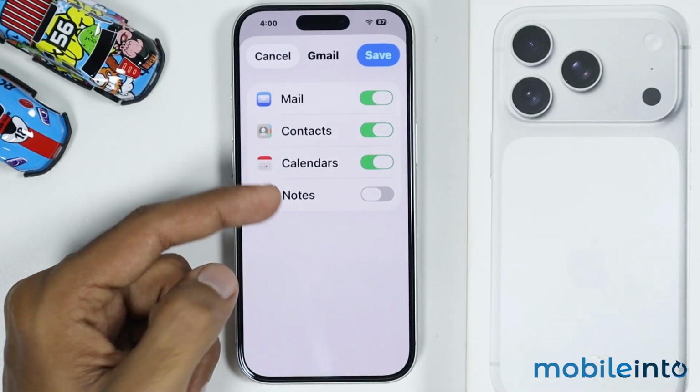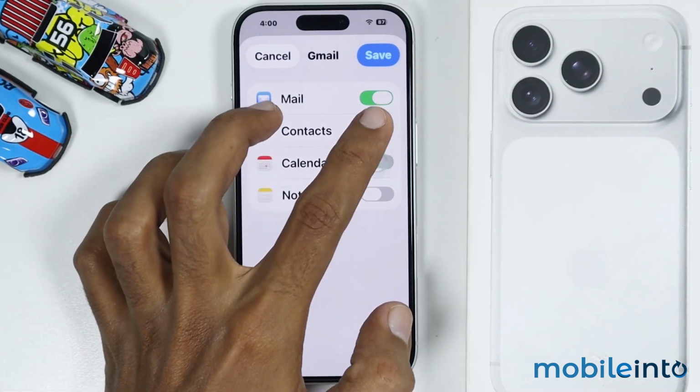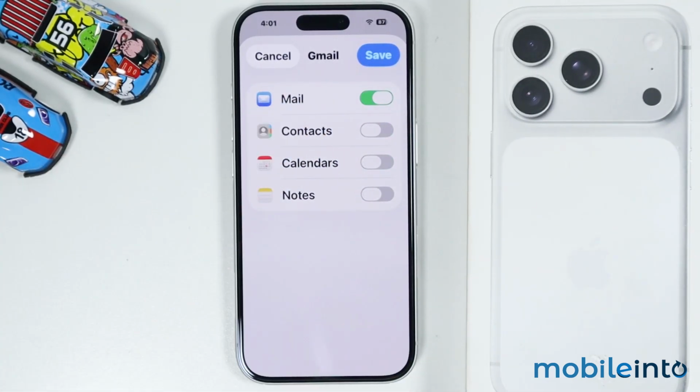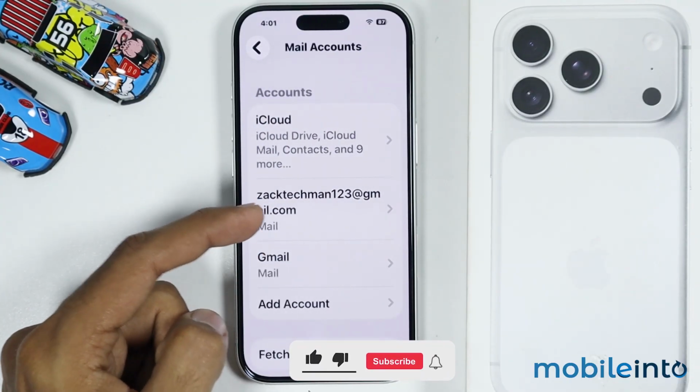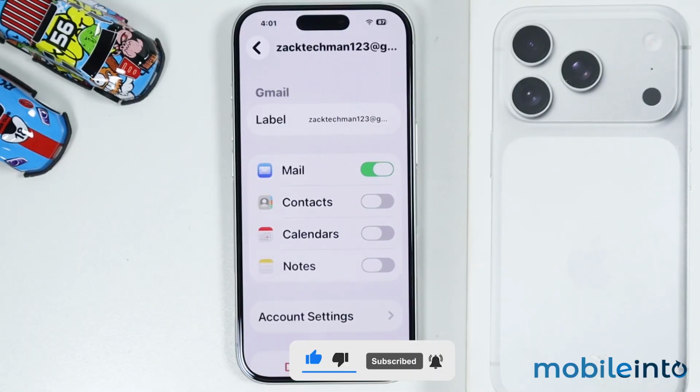And from here, just enable the toggle for the services which you want to enable for your Gmail account. For now, I will only enable the mail service. Then tap on Save. Now, as you can see, we have successfully signed into our mail account. Just like that. And this is how you can add your mail account on the iPhone 17, 17 Pro and